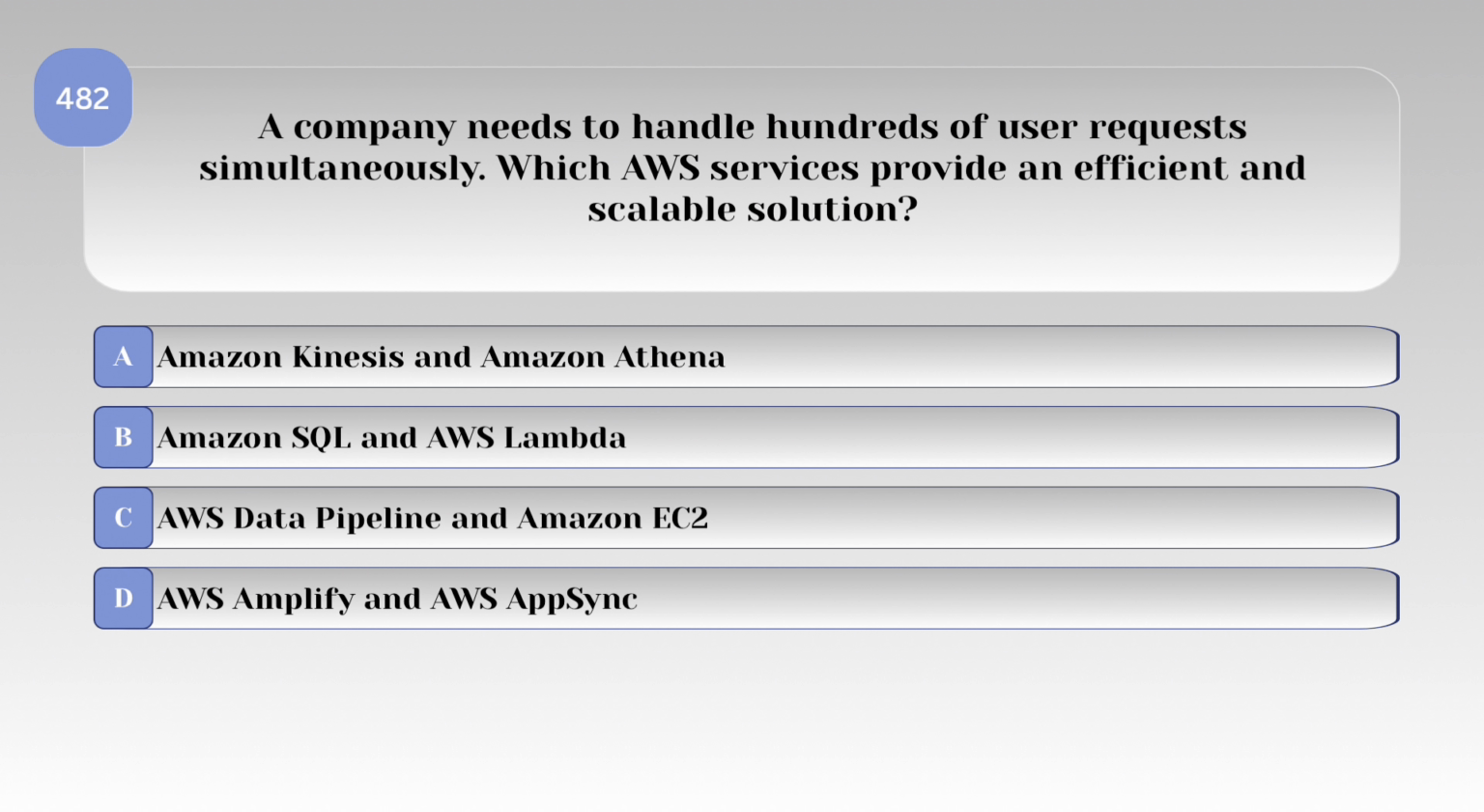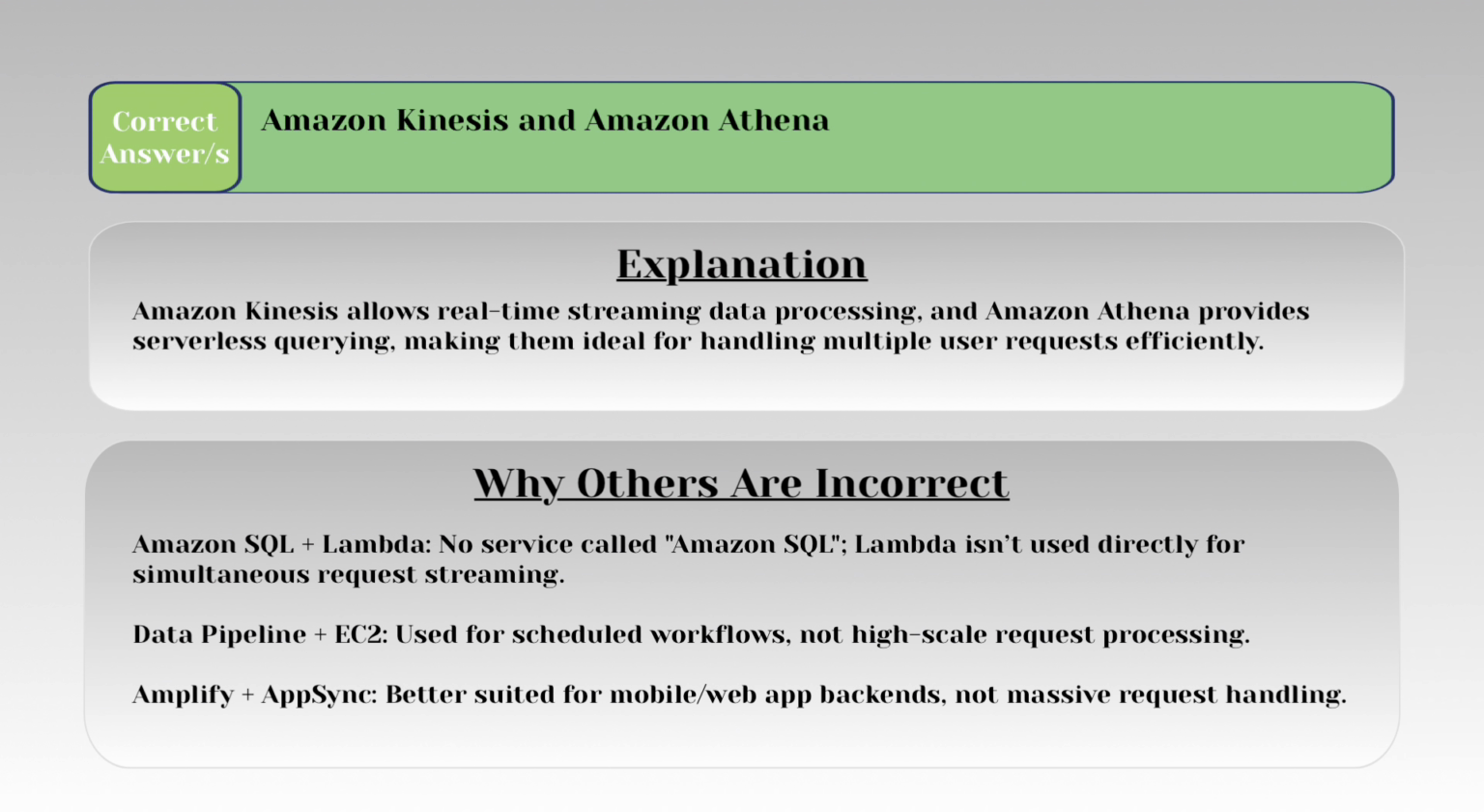A company needs to handle hundreds of user requests simultaneously. Which AWS services provide an efficient and scalable solution? Correct answer: Amazon Kinesis and Amazon Athena. Explanation: Amazon Kinesis allows real-time streaming data processing, and Amazon Athena provides serverless querying, making them ideal for handling multiple